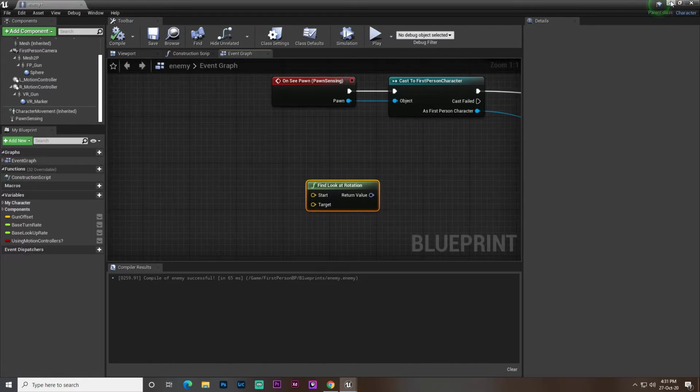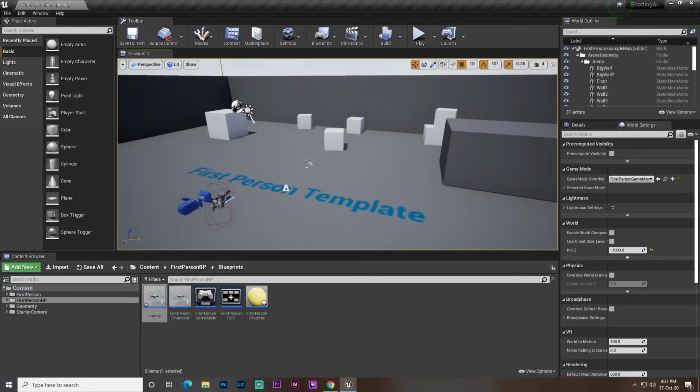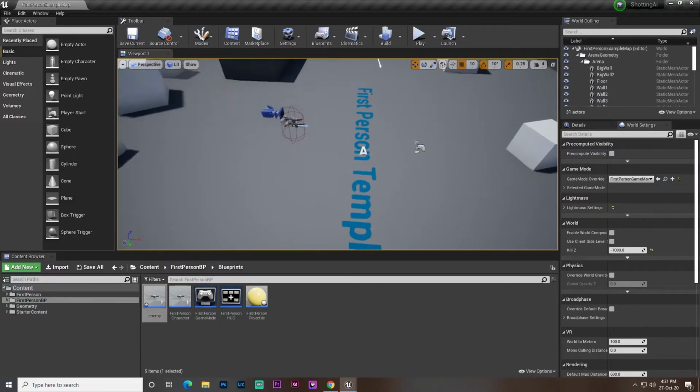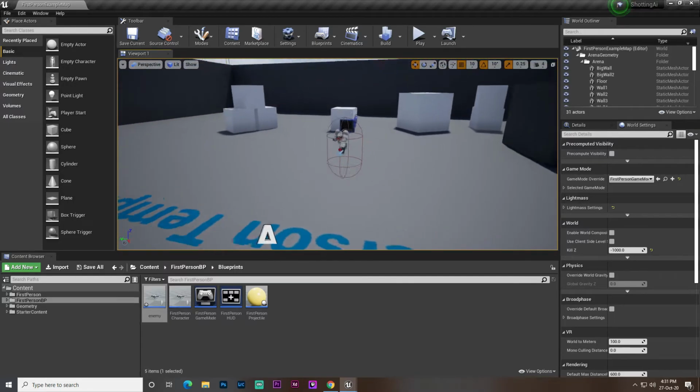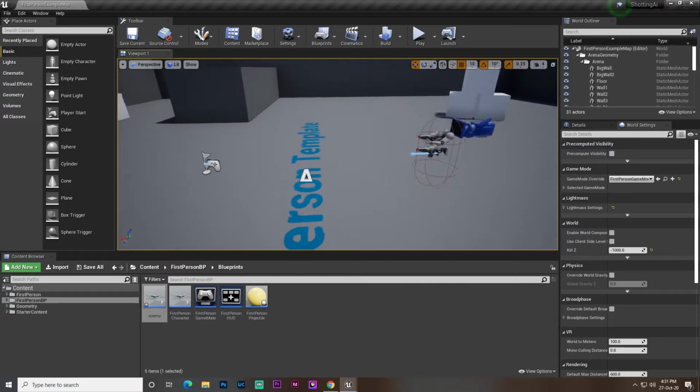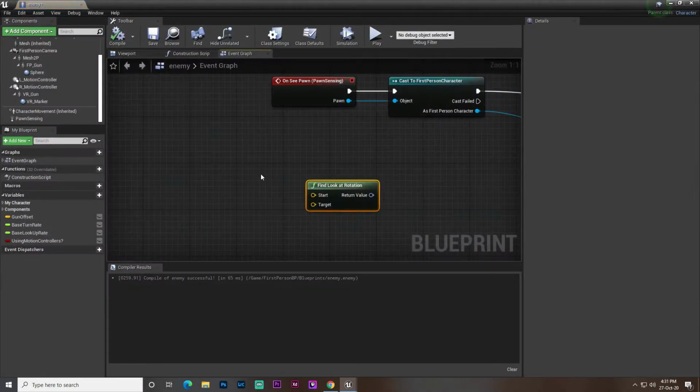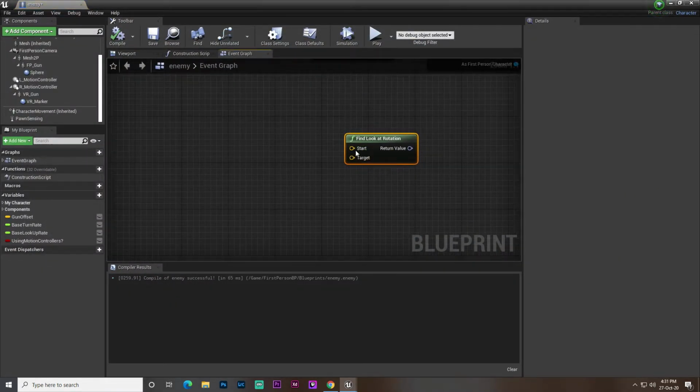Okay, if we just do it without this, what he will do is he will chase and come to any random place, but he will not exactly locate or see us, or exactly match our position. So for that, what we will do is simple. Here, start and the target. So start will be our